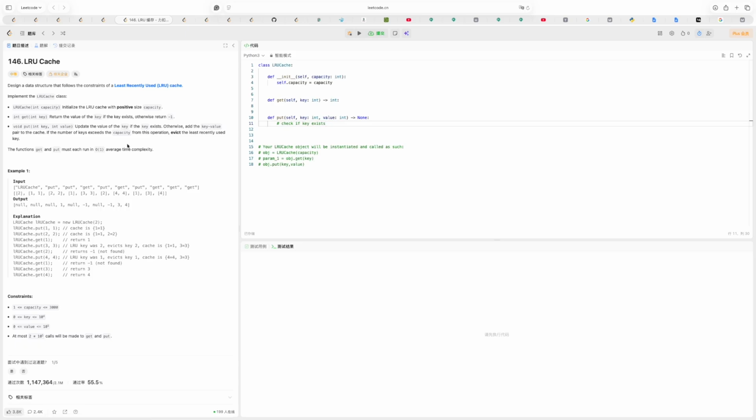I think if it's a key value pair, then we will have a dictionary. So yeah, we will have, let's call it